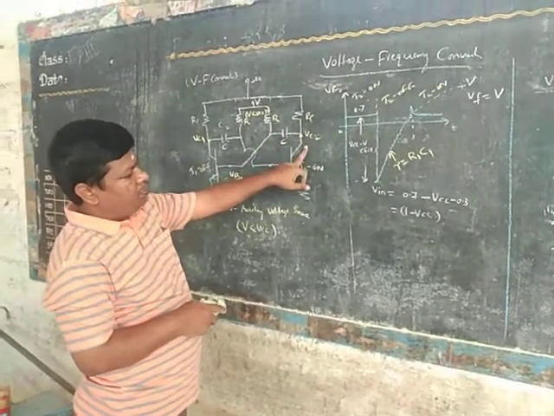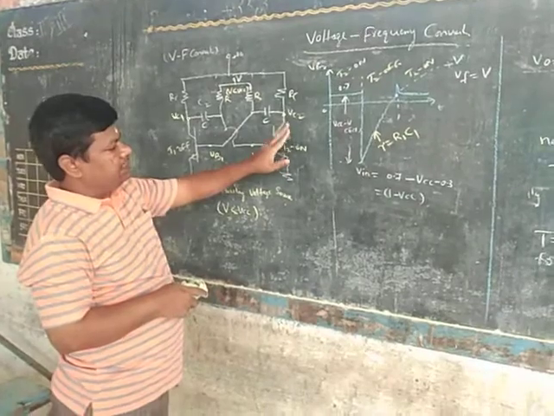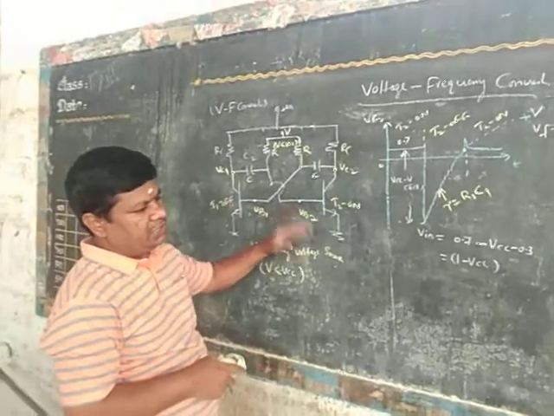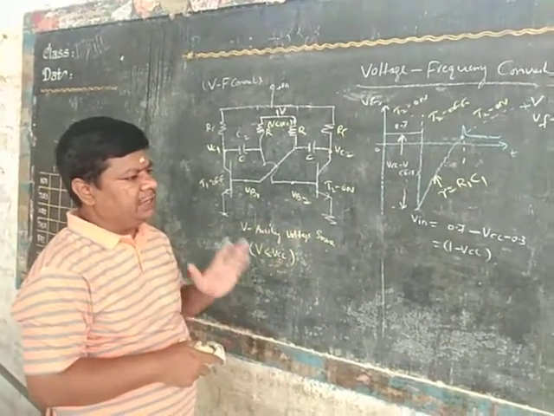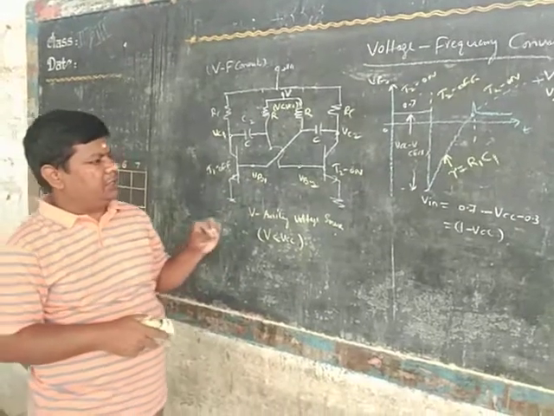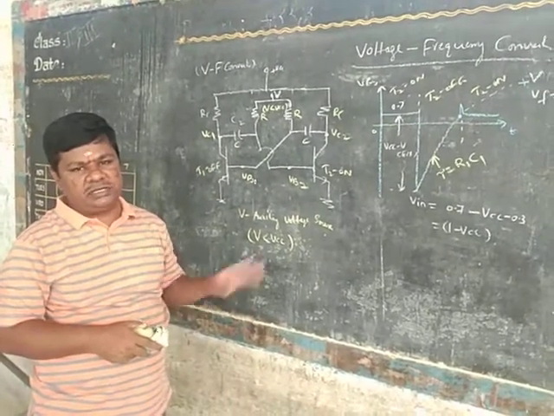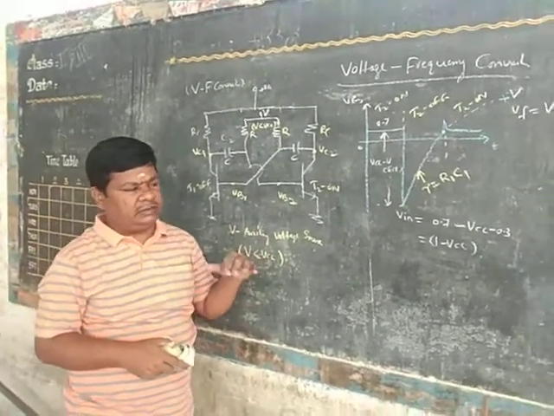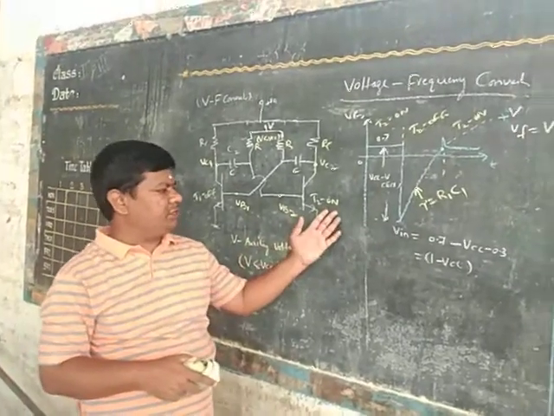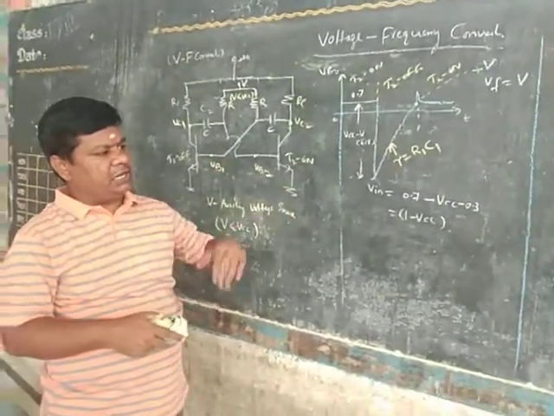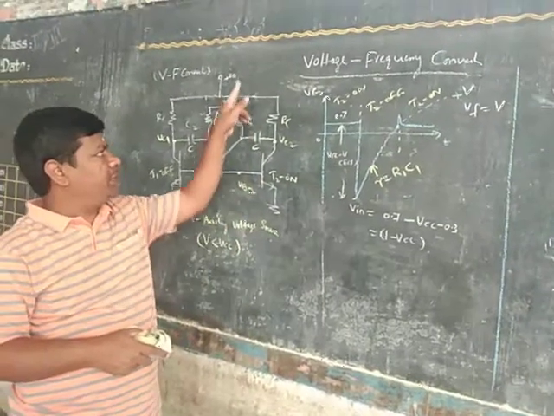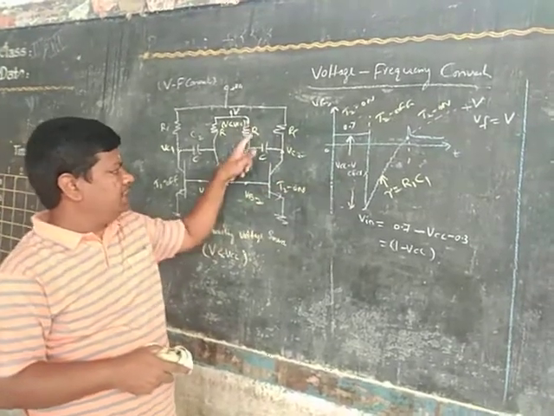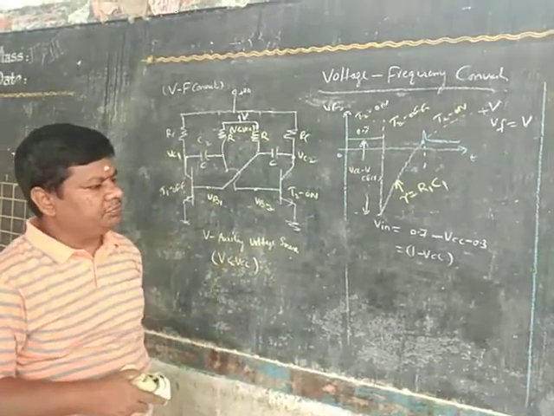0.693 into R1 C1 time interval. Continuously these two transistors' conduction transfer takes place without applying any triggering pulse. You must remember this. Here there are no stable states, all are semi-stable states. Without applying any triggering pulses, the circuit itself changes the states, or conduction transfers from one transistor to another transistor continuously. There is no input. Once we apply the supply, the circuit itself continuously changes based on the RC time constant in the circuit. Okay, thank you.